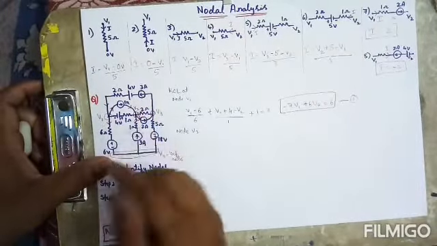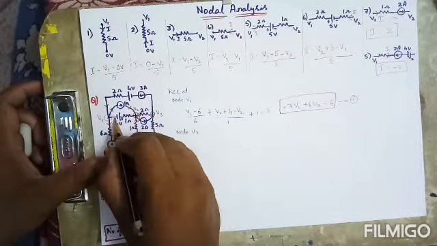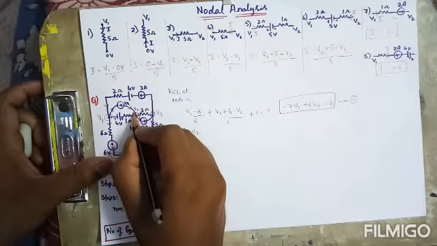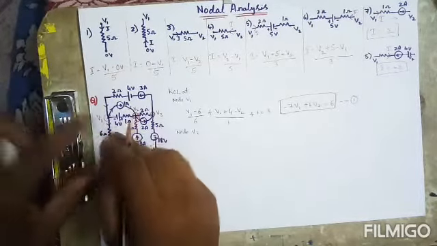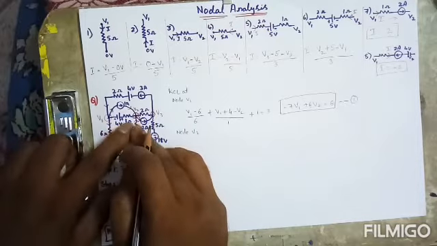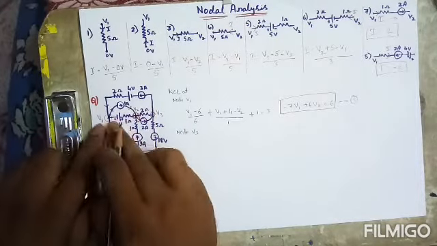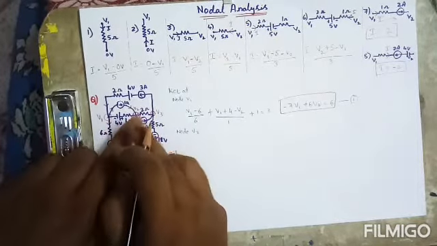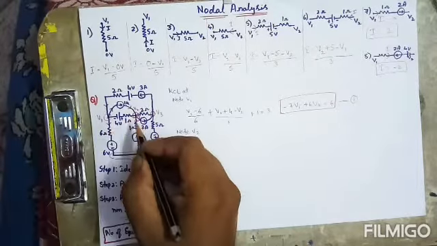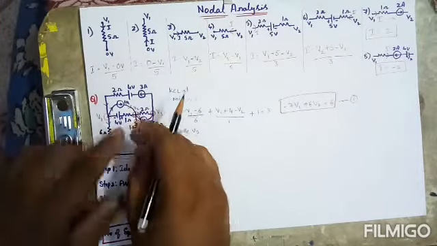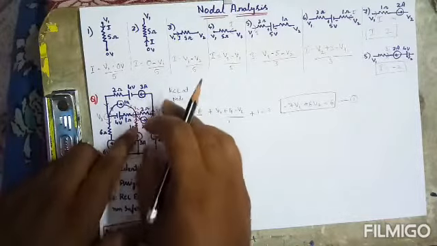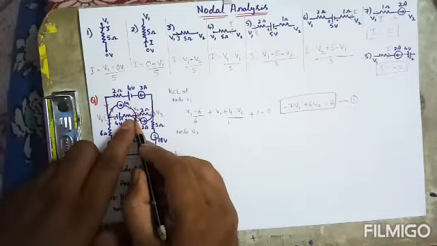assumed for node 1. Now I am taking node 2 and I don't have any current source here, so I will assume this as outgoing from V2. That's why I used a pencil over there. Okay, I will consider this as outgoing from V2. It is starting from V2. So that is what you need to understand. Don't just copy the previous directions and do it. For every node you should draw it again from the beginning. That's why I have taken a pencil over there.